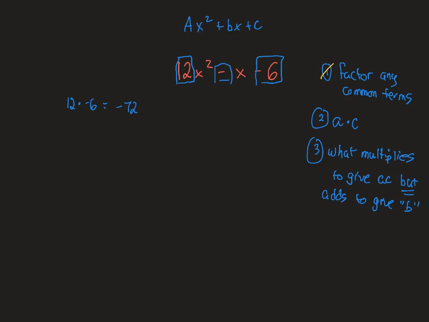Okay, so let's go to our product sum table again. So product, we want -72, and sum,